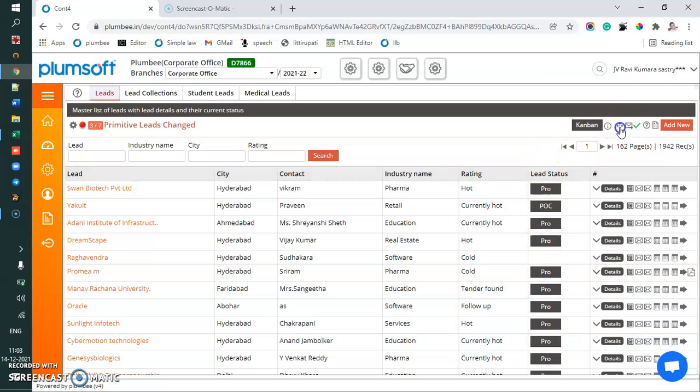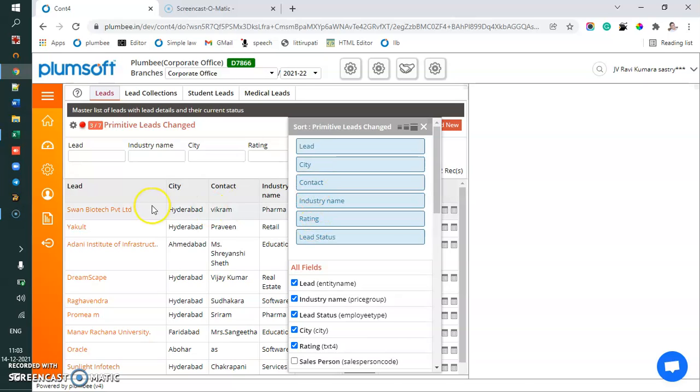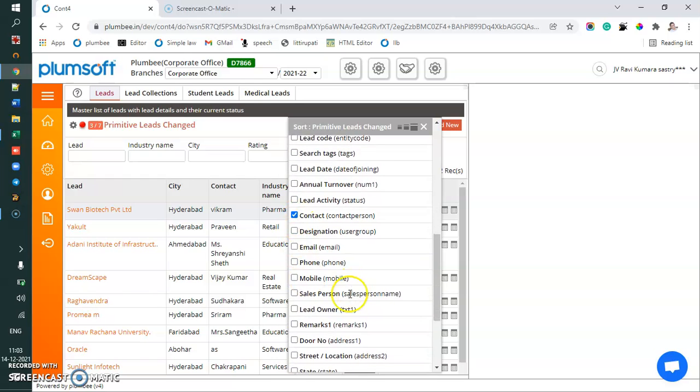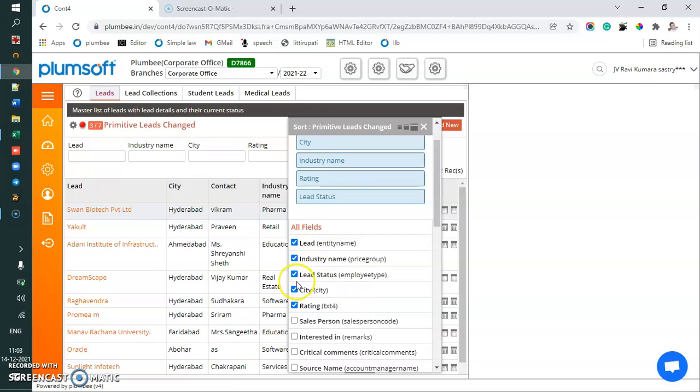And maybe I can rearrange. See here you will see lead, city, contact. I want to move contact up, and I want to remove the lead status which we have just added. Lead status, I just removed it.